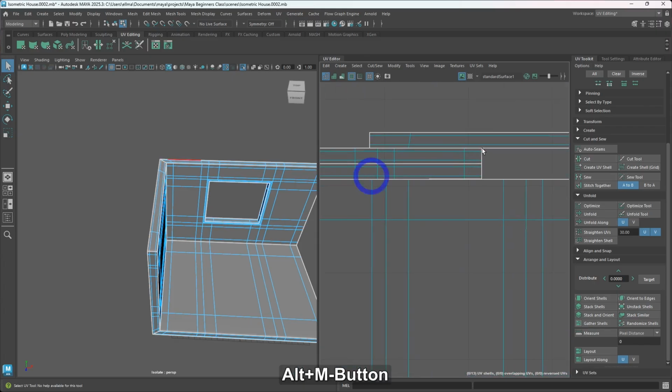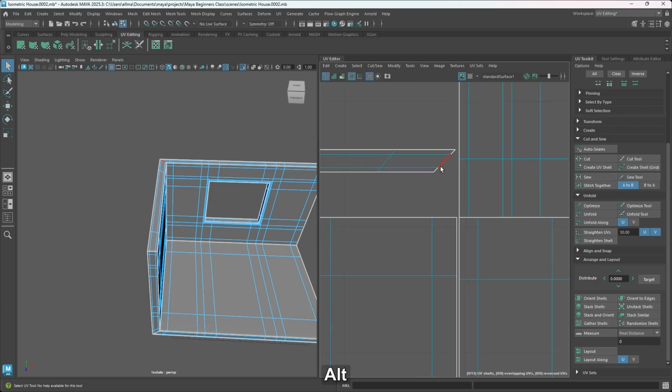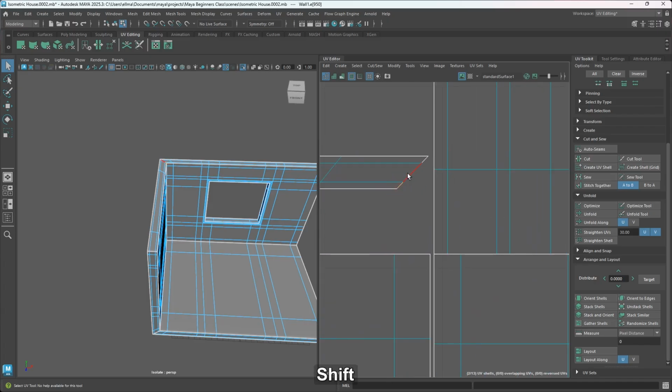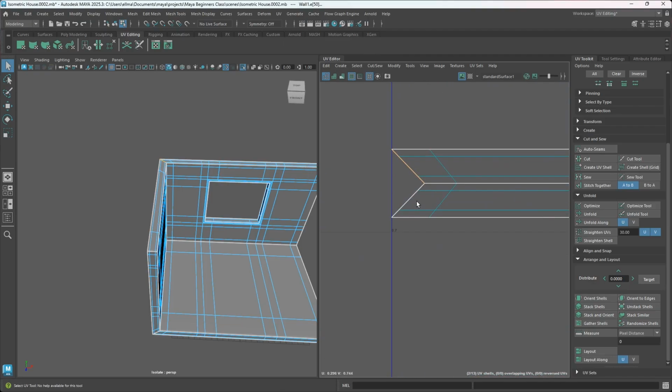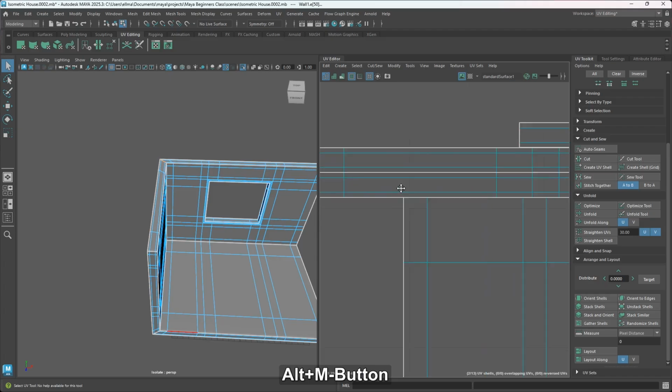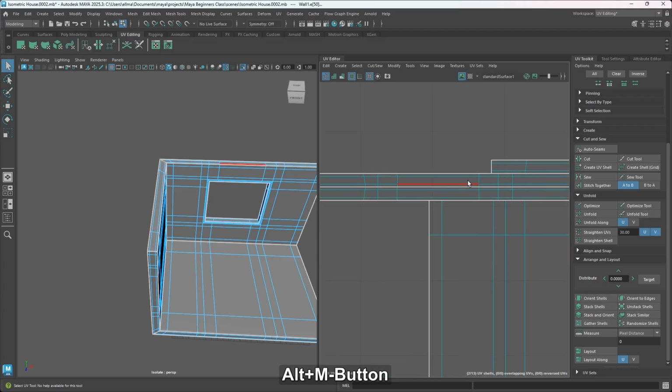We can select, let's be sure, yeah. So now we can just select these edges here. Now when you select these edges, if you look at this part here, you can now see that we have it selected, because this part here is where they are both joining together. So they are opposite from each other, just in our UV